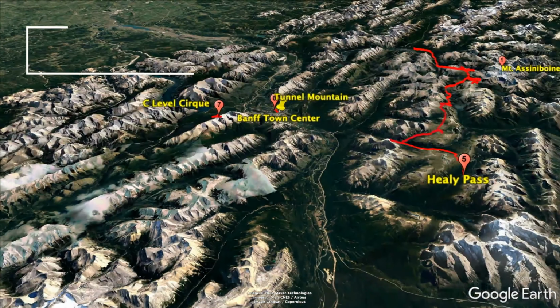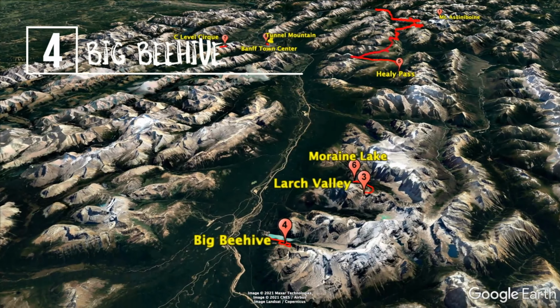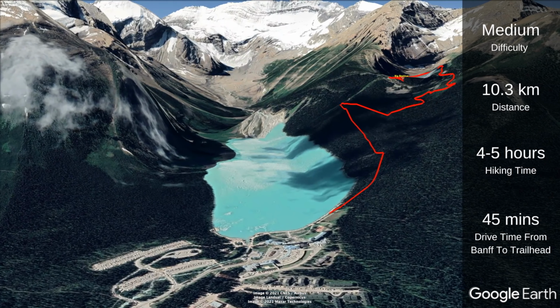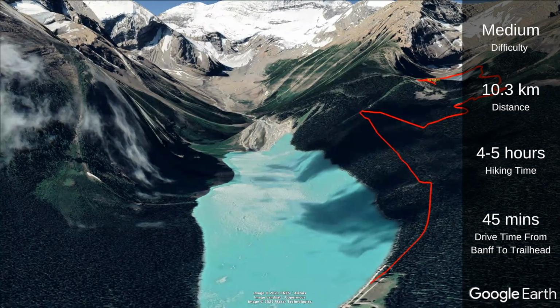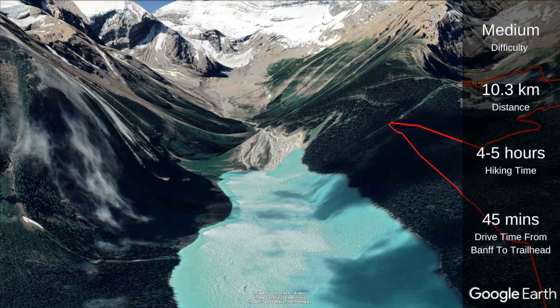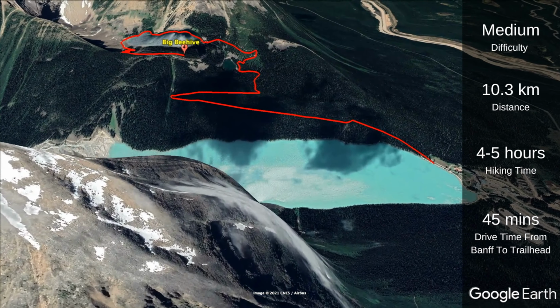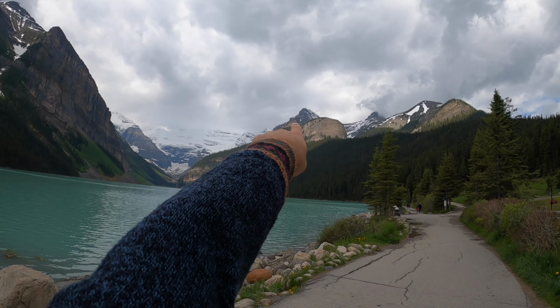The 4th best hike in Banff is the Big Beehive Trail. This was one of our favorite hikes in Banff for good reason. Not only does it offer the most impressive view of Lake Louise, but it also takes you along multiple lakes and viewpoints. From the Mirror Lake to a waterfall, Lake Agnes, the famous tea house, and to the final viewpoint